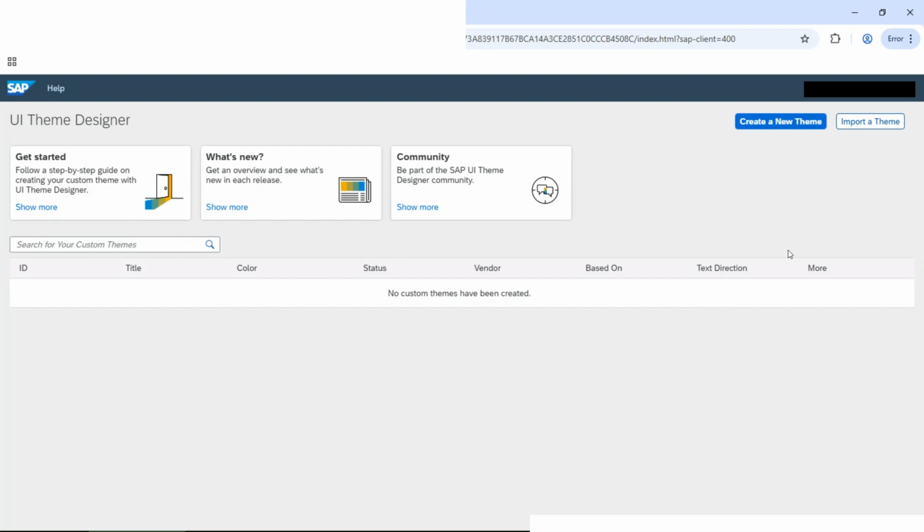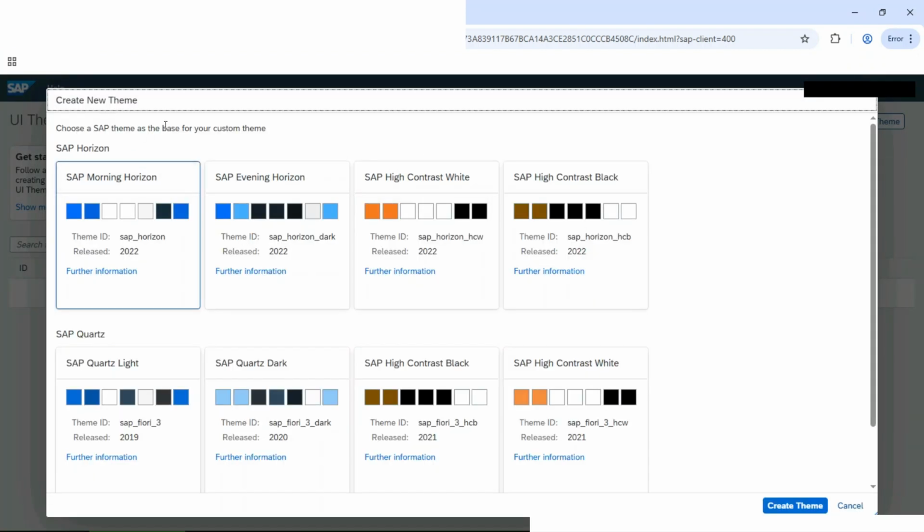Now here we can see there's an option of creating a new theme and importing a theme. Importing a theme will be applicable once we create a theme, and after we create a theme, we have an option to export that theme from our system. If we need to use that same theme again, we will not create a new theme from theme designer, right? We will simply import that theme and directly build and test it, and save that theme in our system. So what we need to do over here is click on create a new theme, and